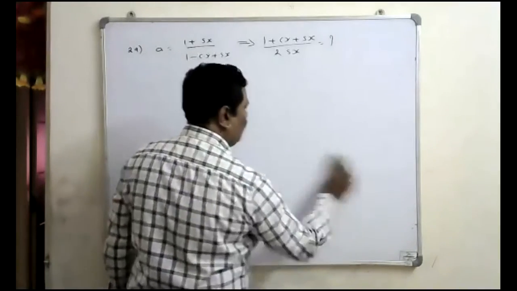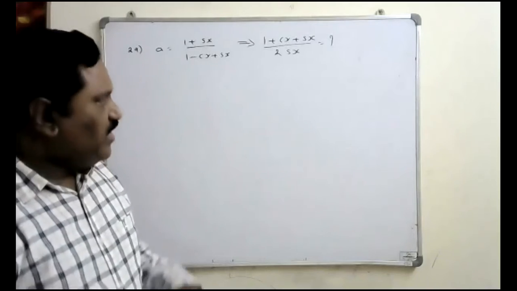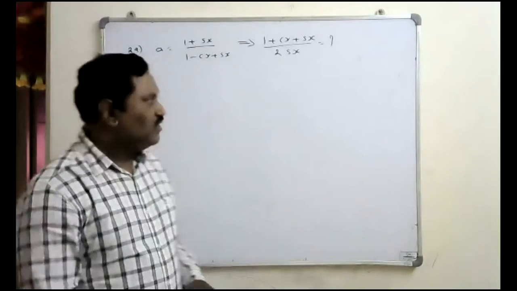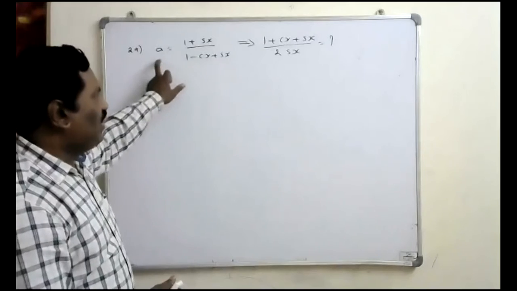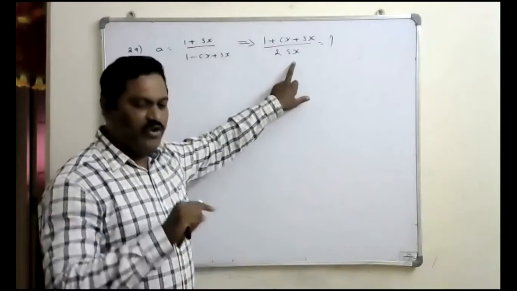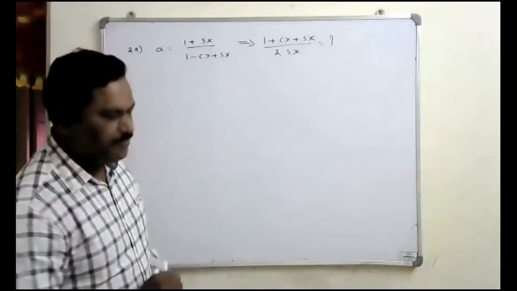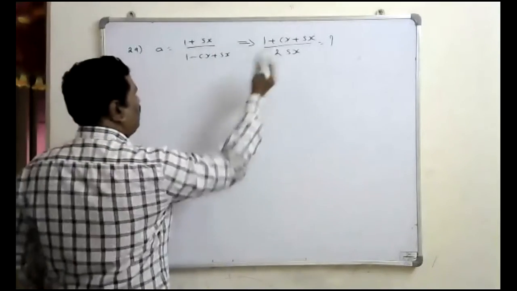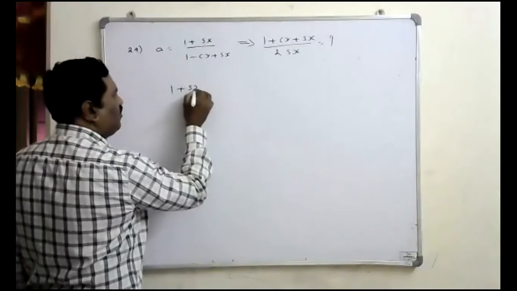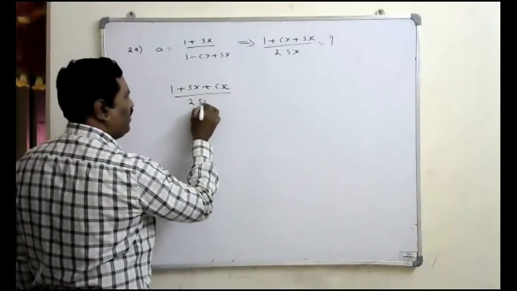To find its a value, of course, one way is that we can take any value for x, take some angle, then substitute that here and find the value of a. Take the same angle in this also, we are going to get something. Then check from the options which option is going to satisfy. Or, I will take this, which is 1 plus cos x plus sin x, that is, 1 plus sin x plus cos x upon 2 sin x, whose value I have to find.